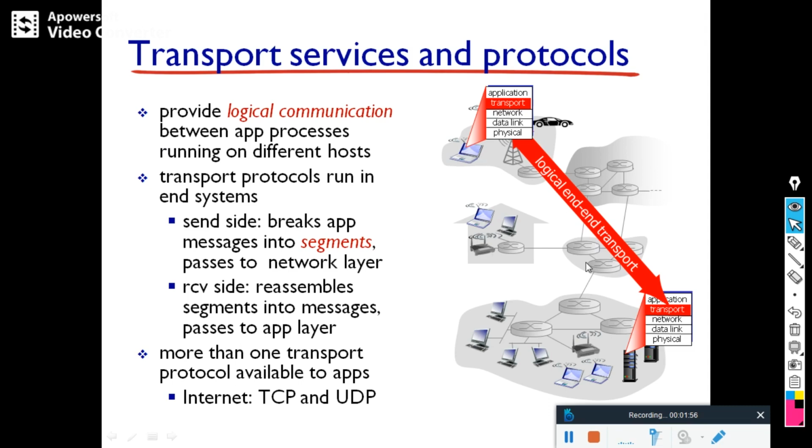You can see here what the transport layer will do. The data from the application layer comes to the transport layer.